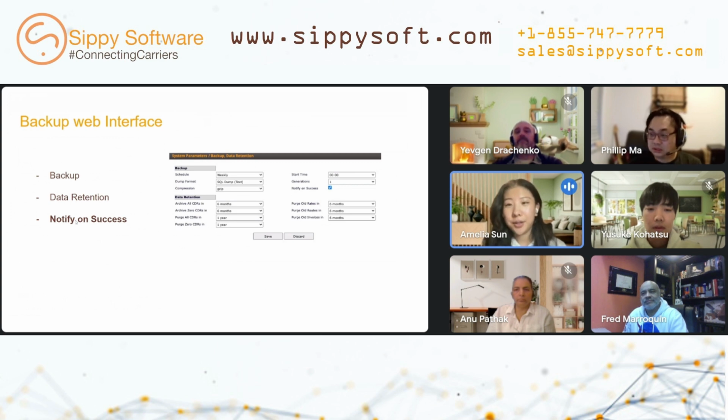The Sippy Soft switch features an automatic backup system that allows for detailed customization. You can set the backup to occur daily, weekly, or monthly, selecting a start time that minimizes the impact on system performance, typically during off-peak hours. The system supports several dump formats, with the default SQL text dump offering a good mix of recovery speed and compatibility.